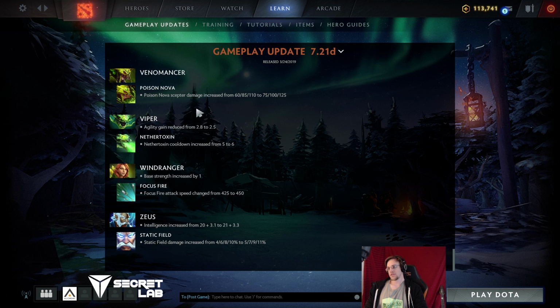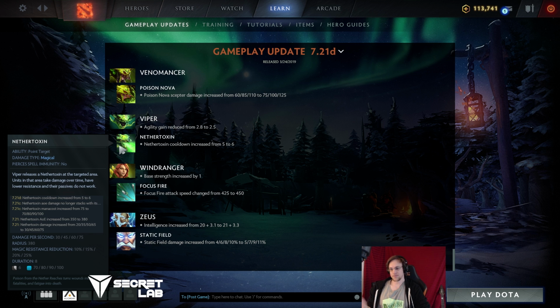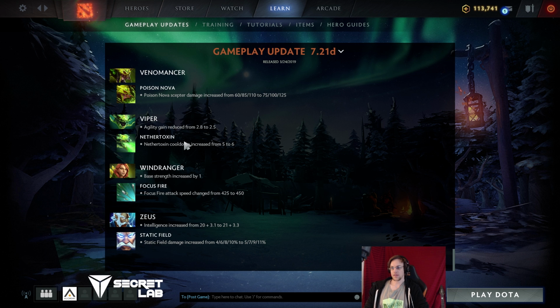Venomancer Poison Nova Scepter damage has been increased. Viper agility gain has been reduced from 2.8 to 2.5, and Nether Toxin cooldown has been increased by 1 second. So you still have 100% uptime in Nether Toxin, you just can't put out quite as many, quite as spammy with it. And the agi gain will make Viper attack less quickly and be less tanky throughout the course of the game,